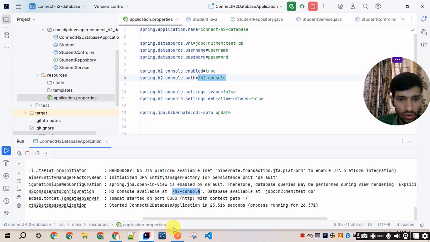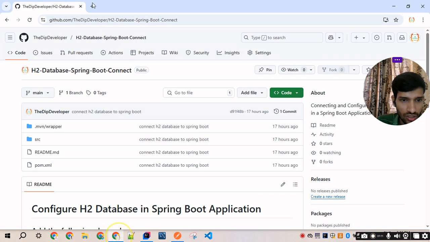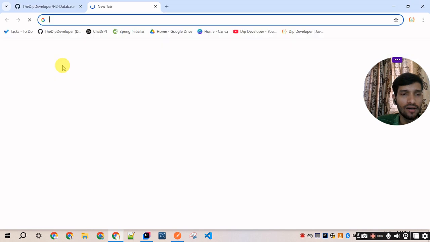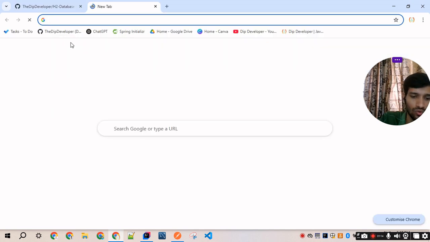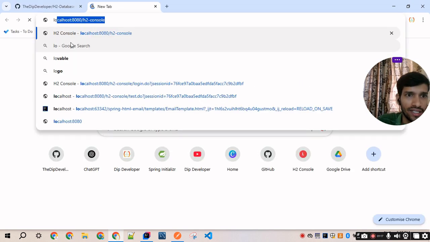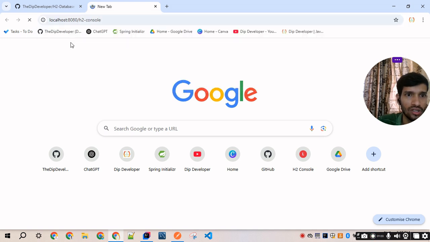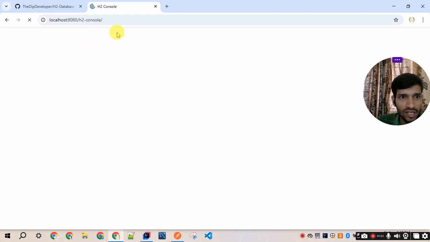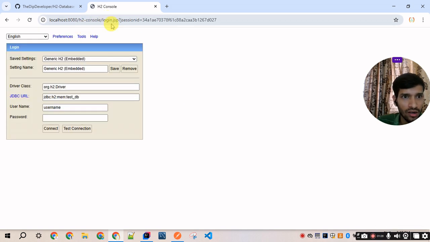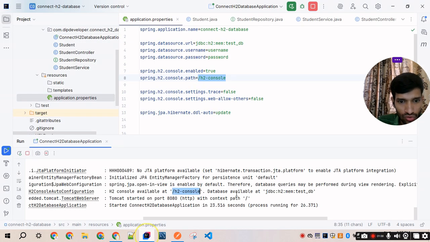So we'll go to any browser. Let's go to Chrome and open a new tab. So localhost:8080/h2-console. Let's enter it. So it is loading. As you see, this console is open, and this JDBC URL, if it is not there by default, you can go to the console and copy it, Ctrl+C,